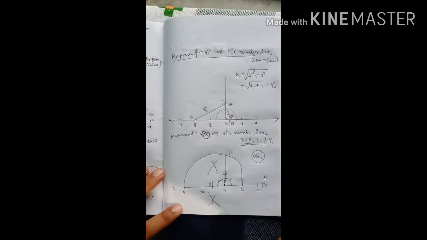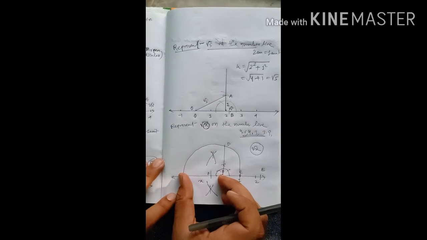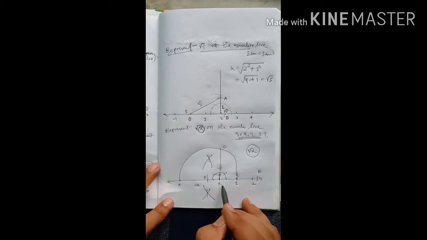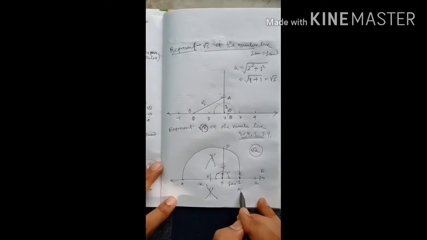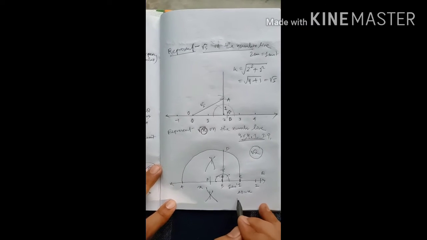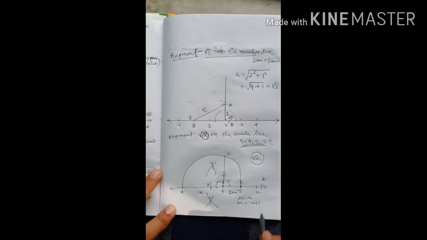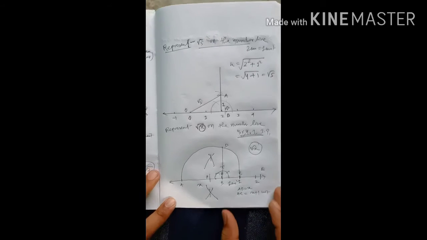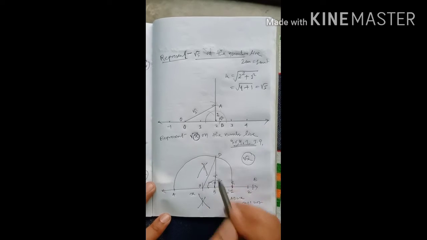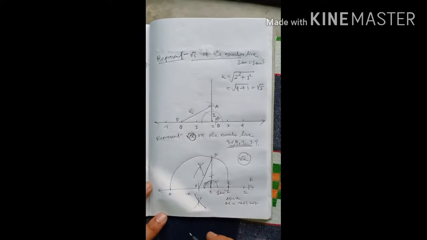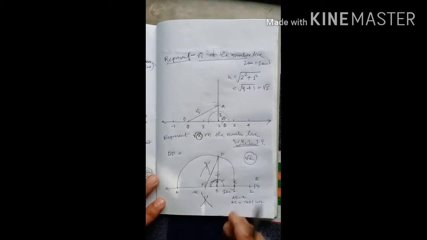Let us learn. So first of all, look here. As you know that AB is equal to x, and B to C is 1 unit, then AC is equal to x plus 1 unit. So if we want to find BD, what we have to do is just join the line. Here it is 90 degrees, so OD will be the hypotenuse, and if we want to find BD, then what will happen?